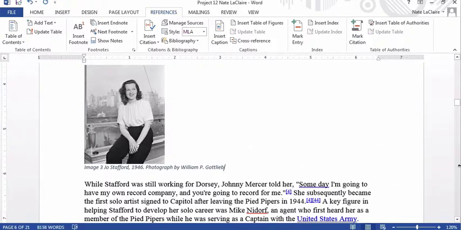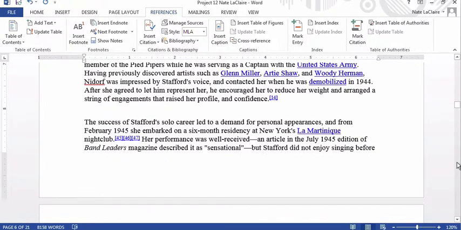That will insert that again. Now, it doesn't really matter where we insert this one, but let's go down to the last paragraph on page 6. It starts the success of Stafford's solo career. After Stafford's, press space, parentheses, C,